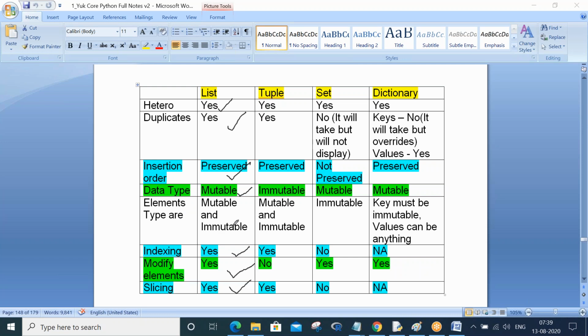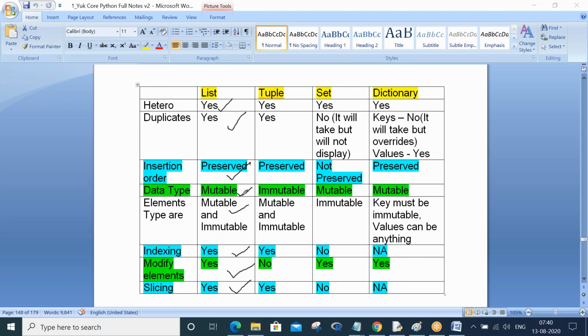Can you give immutable elements? Yes, you can give immutable elements like integer, float, string, etc. Can you also give mutable elements? Yes, you can. A list can contain a list, a list can contain a set, a list can also contain a dict. So mutable and immutable, in the sense that a list can have any kind of data type element inside of it. That is about list.